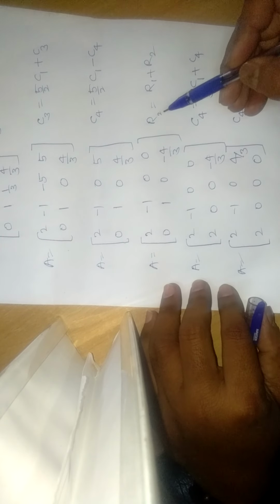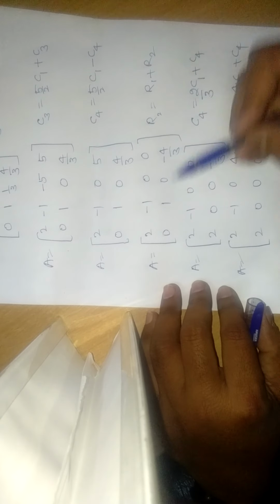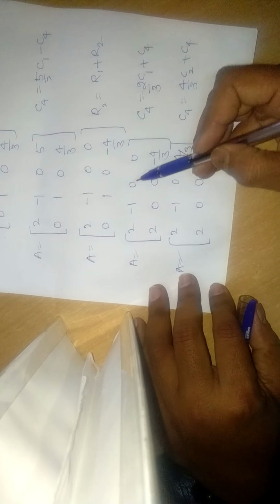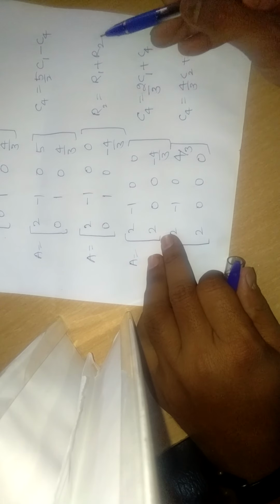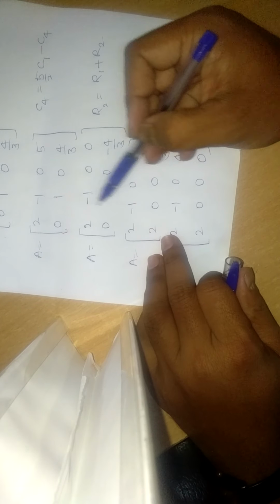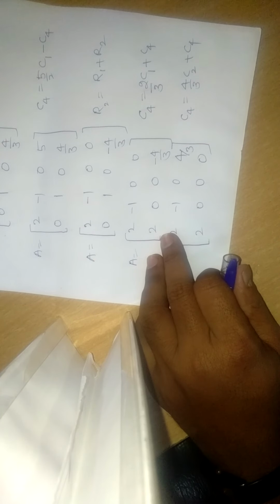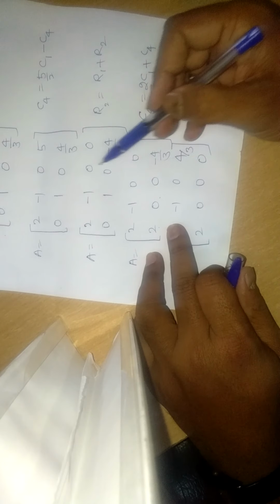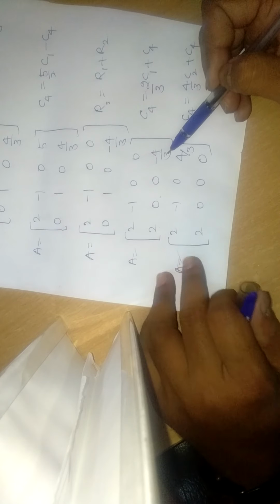Okay, so next is taking R2 equal to R1 plus R2. Now the first row is as it is, 2 minus 1 0 0. Next, R2 we write as the sum of R1 and R2. So this is R1 and this is R2. Add these two, R1 plus R2, and write it in the second row. So that is 2 plus 0, 2, minus 1 plus 1, that is 0, 0 plus 0, 0, and 0 minus of minus, that is minus 4 by 3.